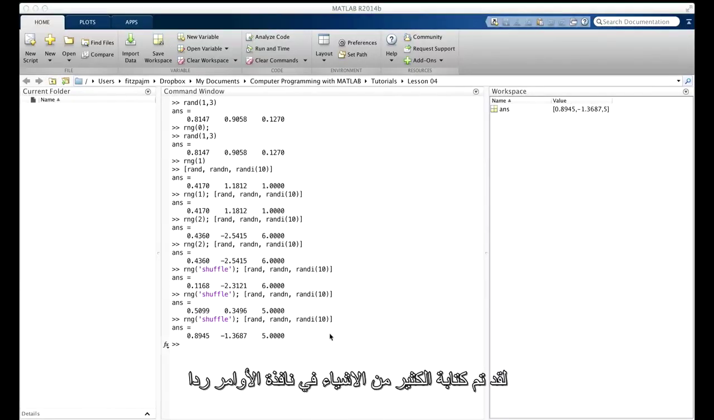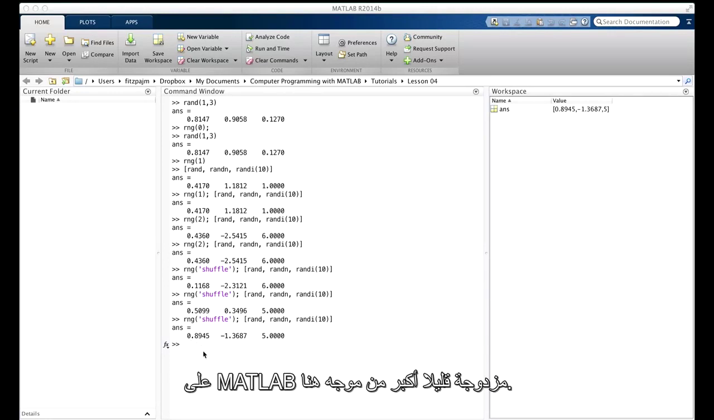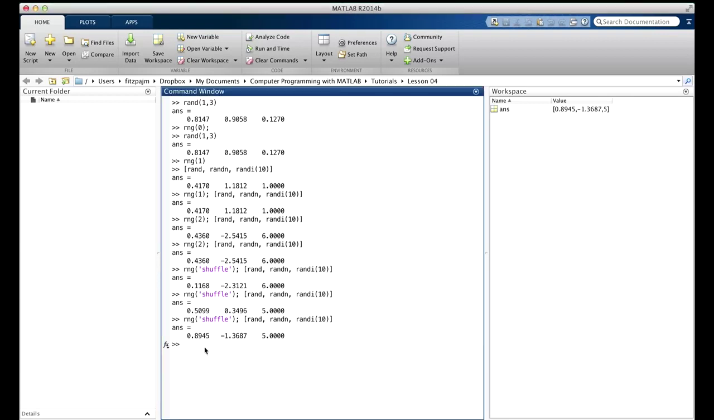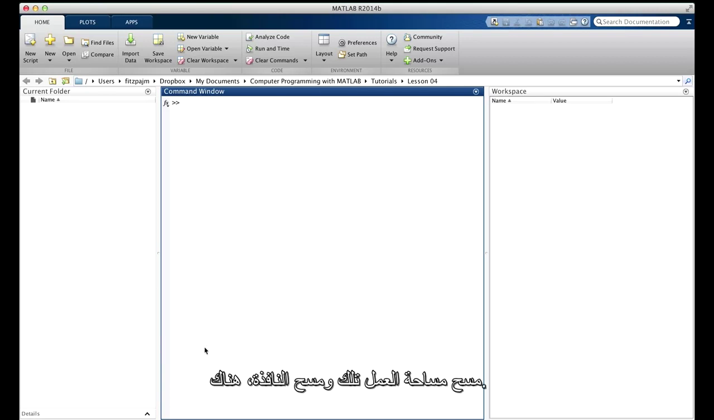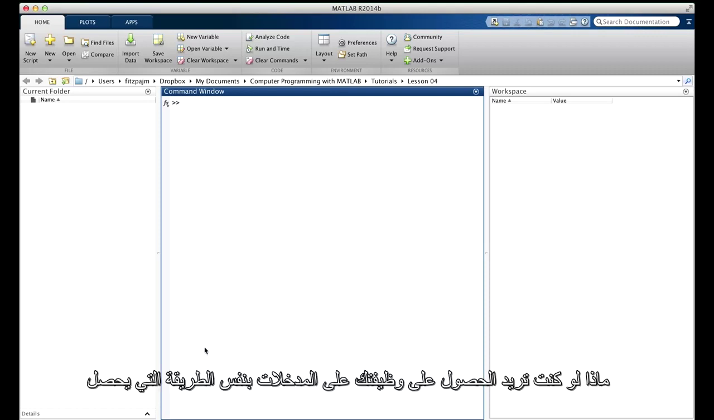lots of stuff into the command window in response to MATLAB's little double greater than prompt here. I'm going to clear all that away. Clear the workspace and clear the window. There, nice clean slate. What if you wanted to have your function get input in the same way that MATLAB